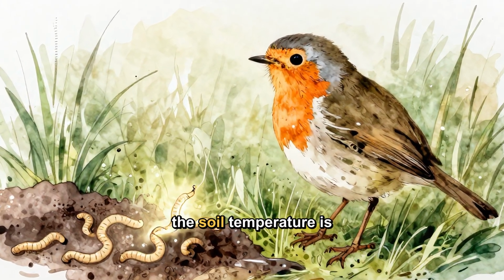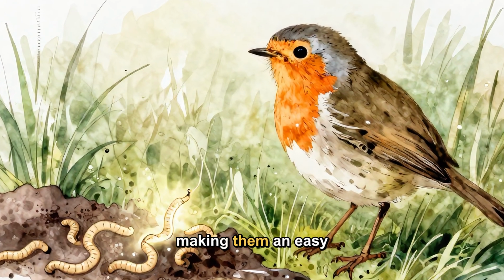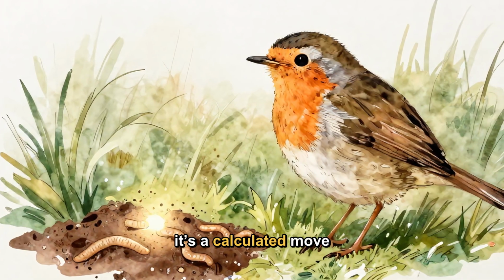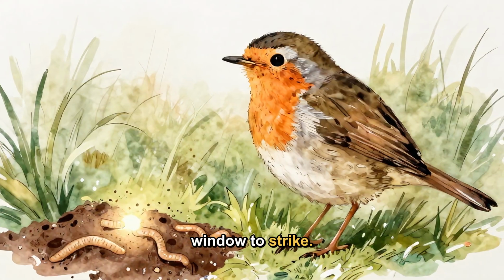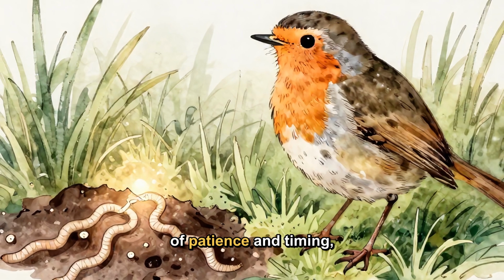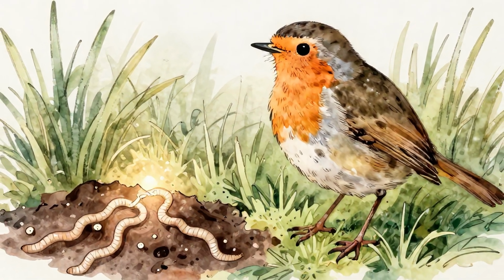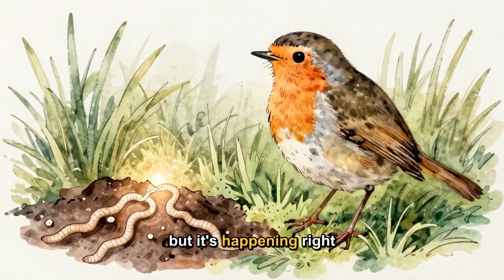At dawn, the soil temperature is often just right for earthworms to surface briefly, making them an easy target. This is not a random occurrence, it's a calculated move by nature itself, giving robins the perfect window to strike. The interplay between the bird and the worm is a delicate dance of patience and timing, playing out in your own backyard each morning. This hidden world of digging and detection may seem distant, but it's happening right where you